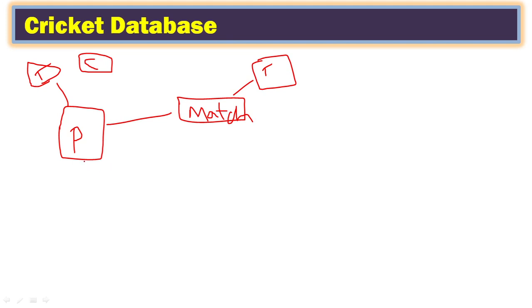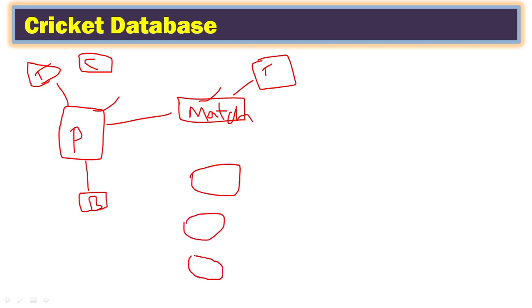One day or series or what it is. And also player individual batting details. In the same way, bowling details. So batting, bowling, all the details we need to collect. So likewise, we need to enter data for each player. Then we can get complete data. That data we can utilize and generate reports. So this is the main aim of this particular project. So here we have players, matches, stadium, where the match was held, and who won the match.